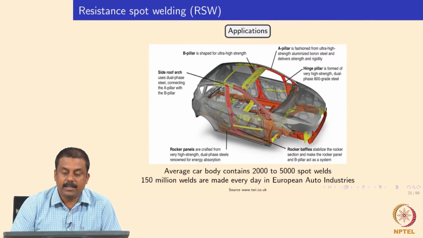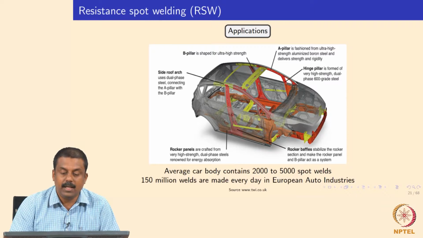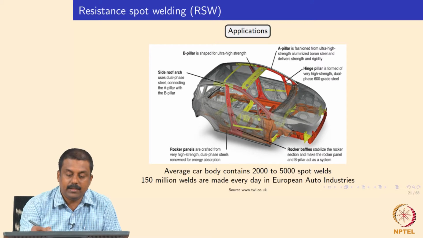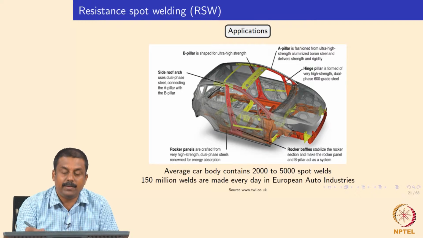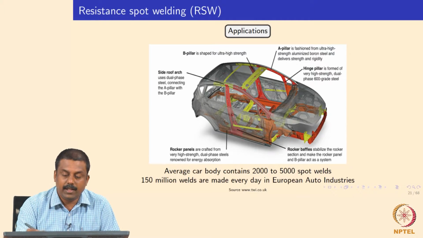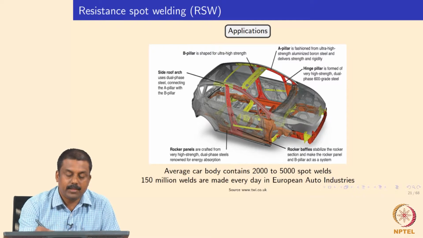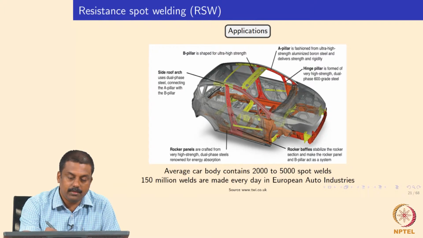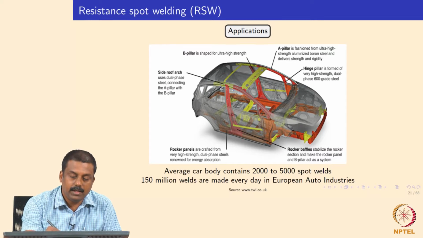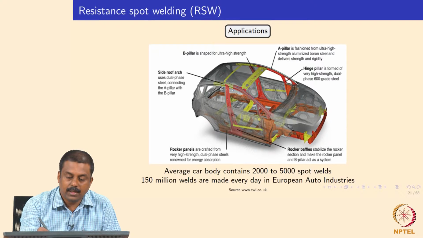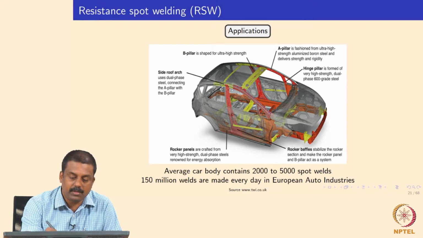So as I explained, resistance spot welding is used extensively in body in white and chassis applications. If you look at the variety of components in an auto body, they are welded with resistance spot welding. For example, in this case the pillars I showed you, the side roof arc. These dots you see over here are all resistance spot welds. And similarly on the other side, you will see various numbers and distribution of spot welds in various locations in a body in white and chassis.